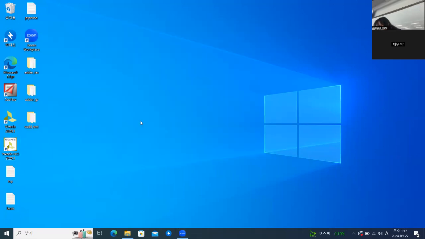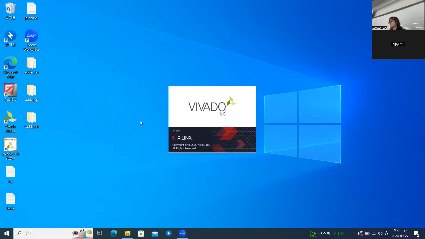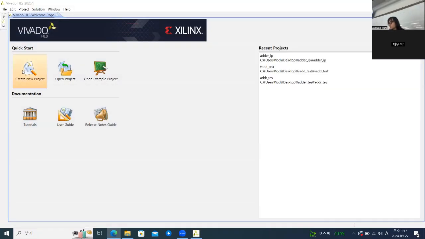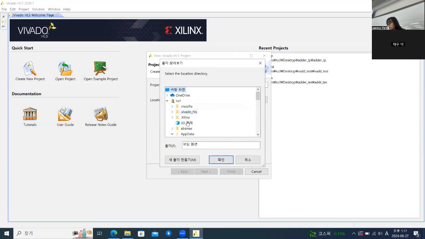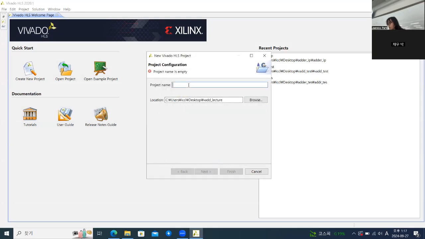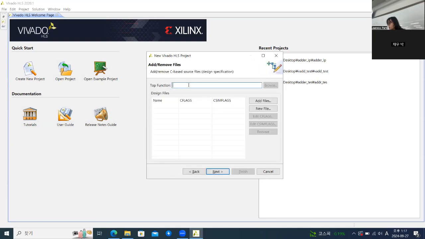So guys, let's open up HLS. You know the drill. Let's make a project. Let's make a VAdd. It stands for vector add. We define a top function,